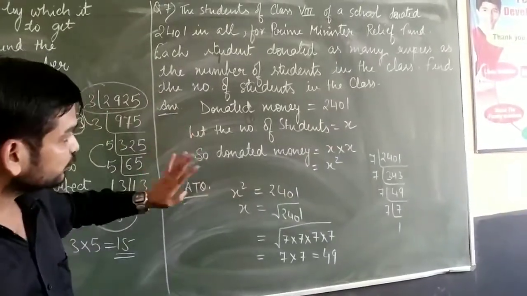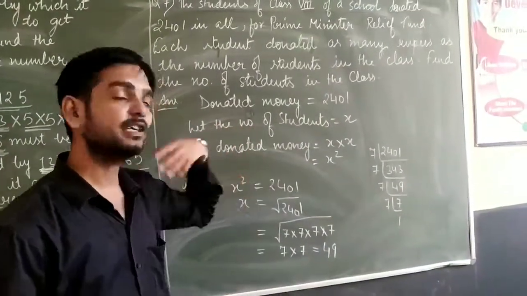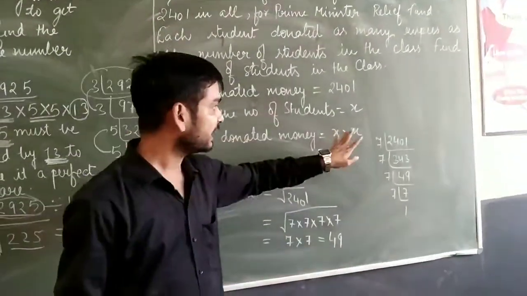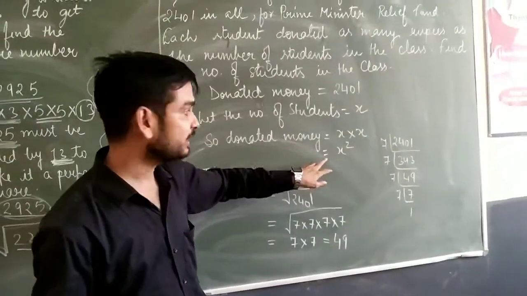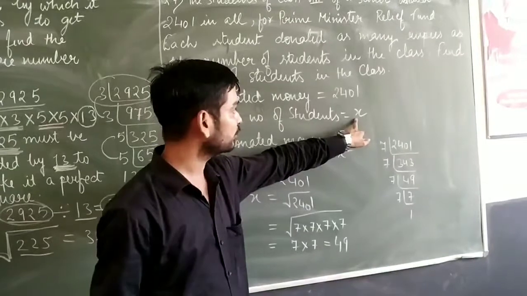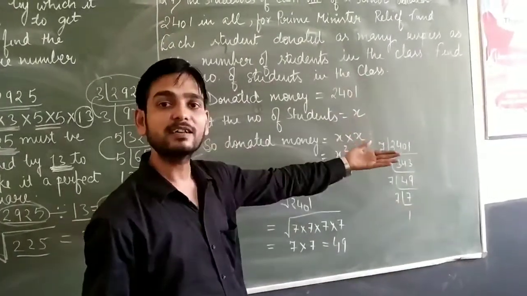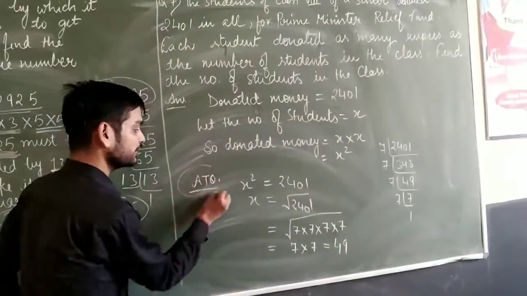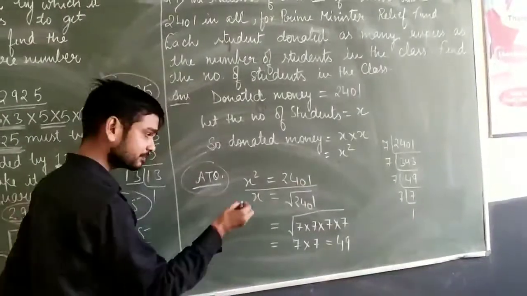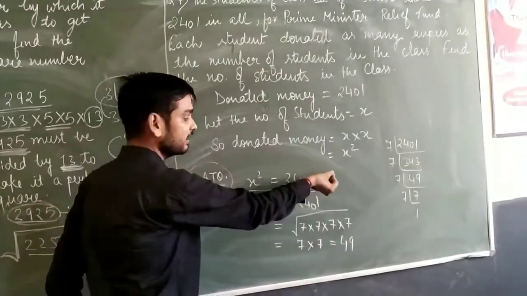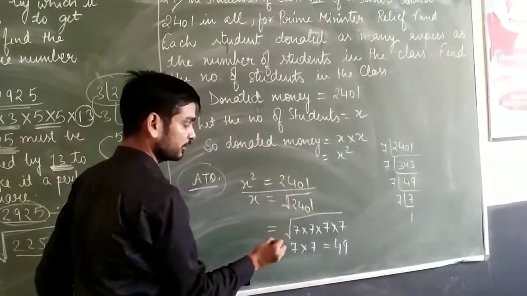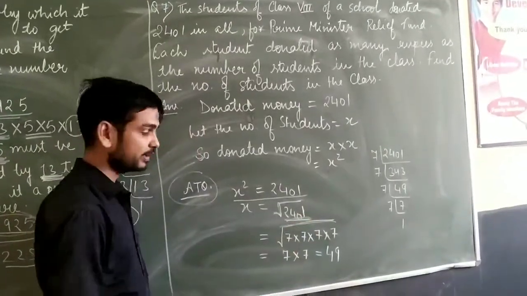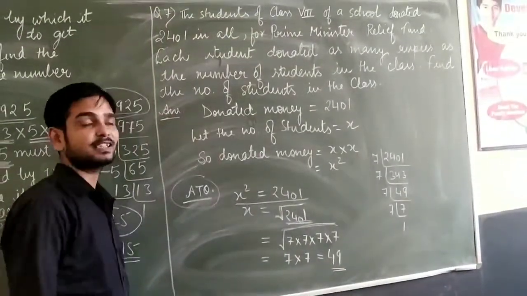2401. So firstly we will let the total number of students of this class be x, and how much money is donated? x. So total money donated by each and every student is x multiplied by x, because x is the total number of students and they will donate x money each. So what will become here? x square. So according to the question, x square is the total money. That means if we transfer the square to the RHS side, it will become square root. And for finding the square root, we have to do the factors of 2401. So what will become? 49 is the answer of this question.